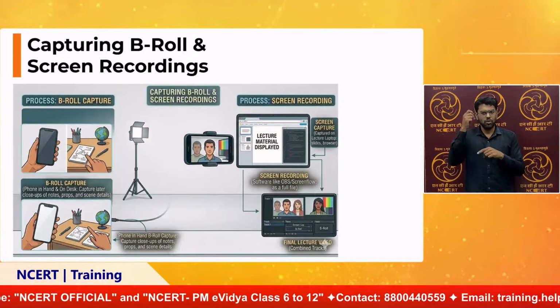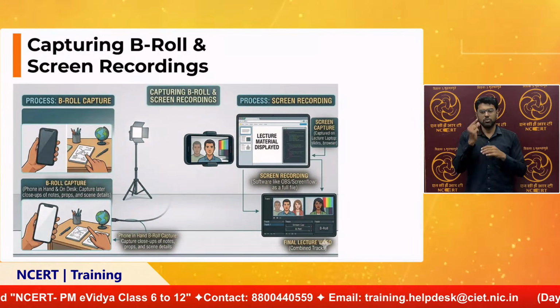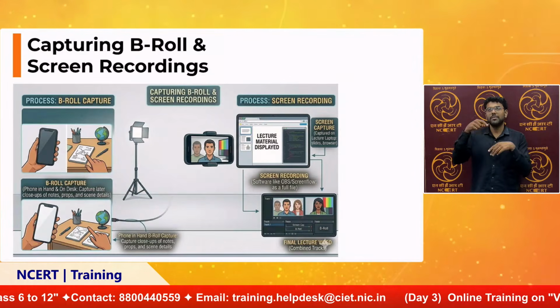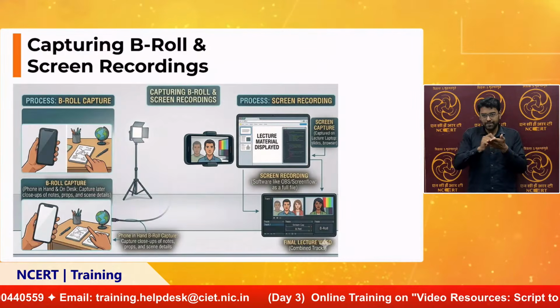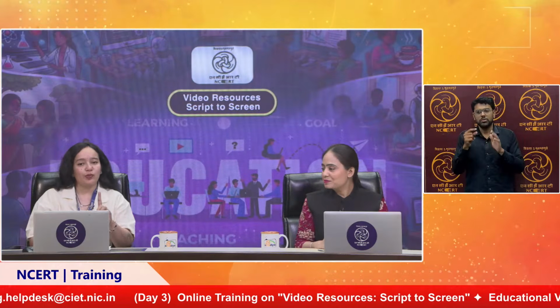Yes, not copyrighted. Okay, you can record your own shot, as you can see on the screen. You can record the calculation with a mobile phone, and you can also use maps, images and other available resources. We also have a top camera here in the studio. So if an expert is explaining something and wants to write it down, we capture that shot too. Those are the B-rolls. And this is one example of the B-roll.